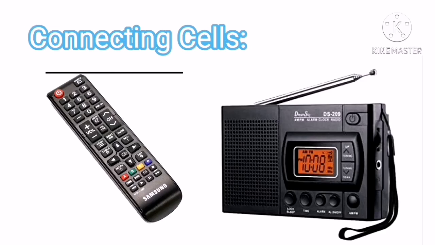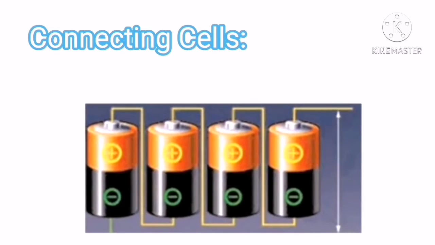Now students, tell me what is the purpose and why we use 2-3 dry cells. Think students. The purpose of doing this is to obtain more potential difference than that of a single cell. Therefore, it is possible to obtain higher current. As you can see in this picture, if the cells are connected like that, the connection of cells is known as a battery of cells.